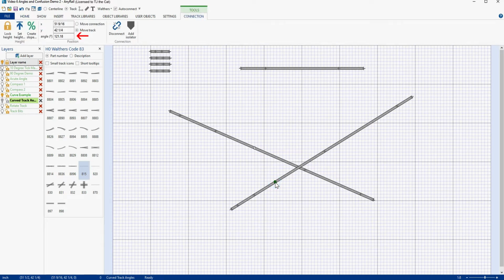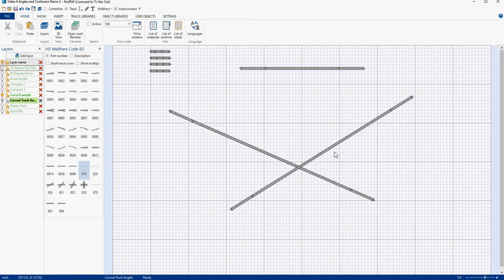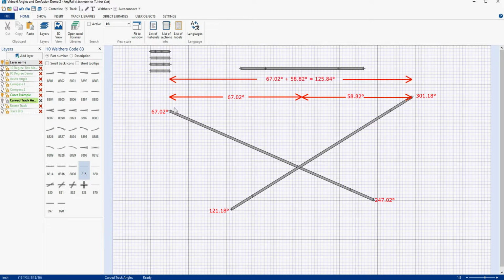121.18. So there are two ways to get the angle that we need for our track. The first one is we come over here and we look at this endpoint, and we see it's 301.18 degrees. So we would write that down because we want to find the total number of degrees in this arc here. And then what we would do is take 360 degrees, which is vertical right here, and subtract 301.18 degrees, and we would end up with 58.82 degrees. Now we know this angle is 67.02 degrees. So we would add them together and we get an arc of